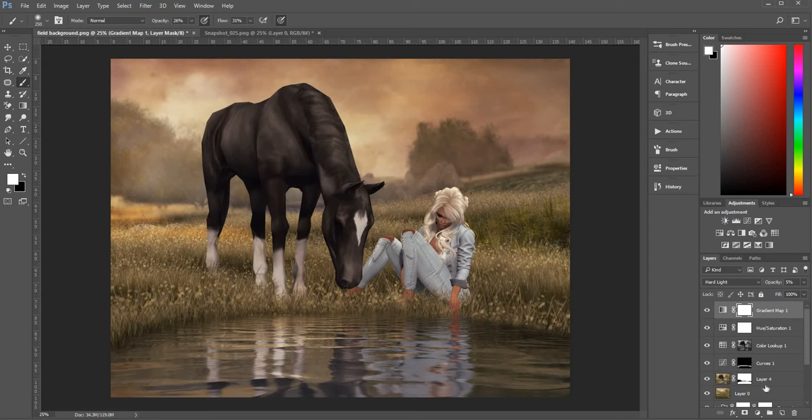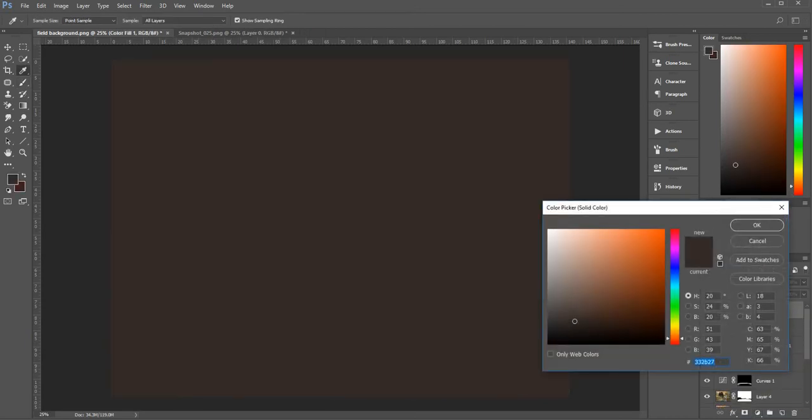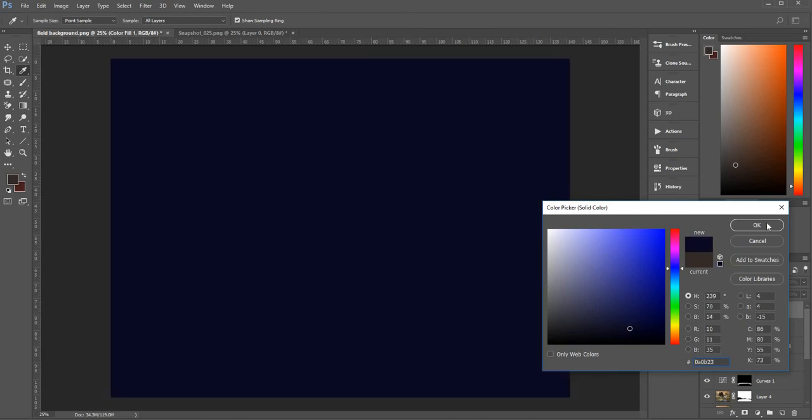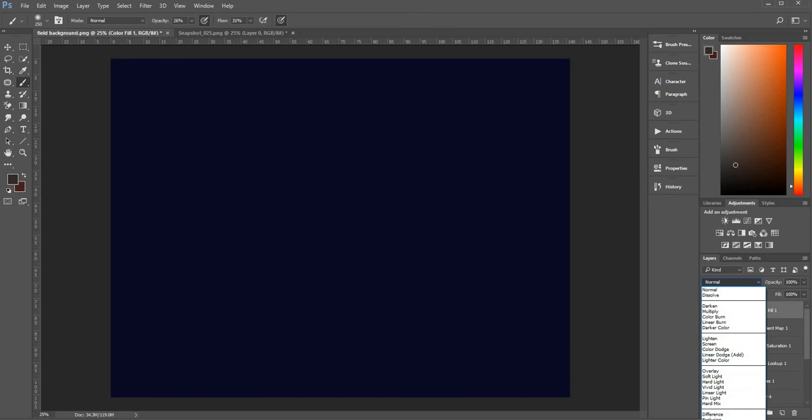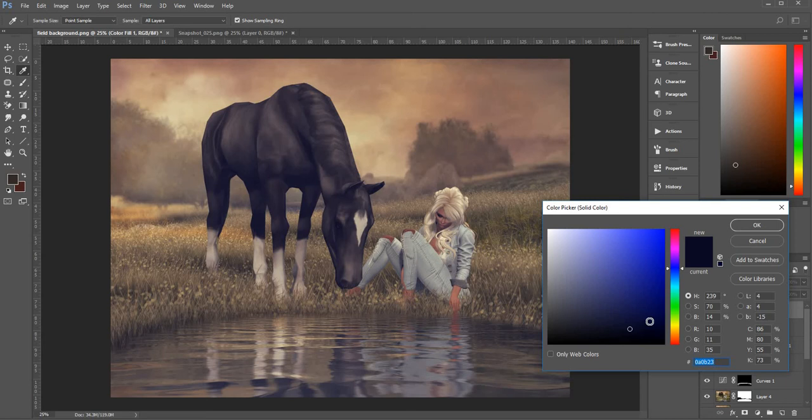And I'm going to try to make this soft and atmospheric. So I'm going to do that with, it's the only time I ever use this layer style, if I can find it, a solid color. And this effect that I'm doing now only seems to work with blues and purples. So I want a really sort of dark blue. Then in the layer style you put it to exclusion, and it kind of gives it a soft atmospheric look, but that's a bit too blue I think,